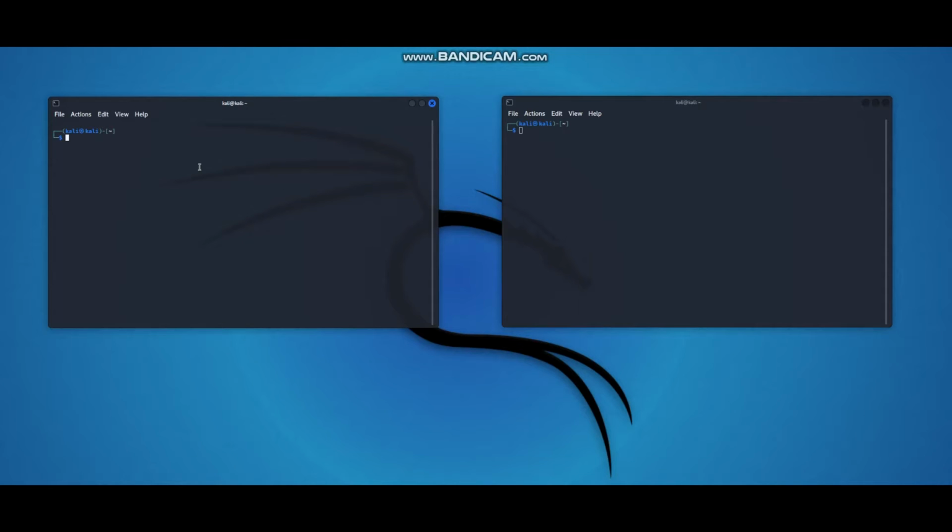Now I'm gonna show a demo of a dictionary attack on a WPA2 Wi-Fi password. In order to crack the Wi-Fi password using a dictionary attack, we first have to capture the four-way handshake. In order to do that, we have to turn our Wi-Fi adapter into monitor mode so we can sniff Wi-Fi